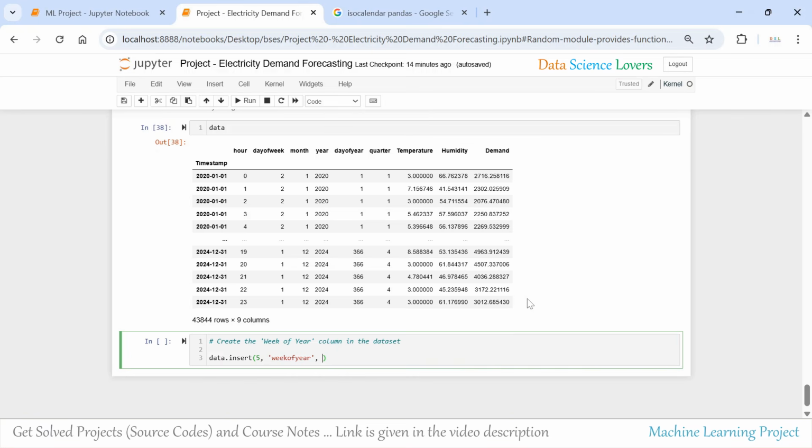For this we have to use a special function which is isocalendar to extract the week from this timestamp column. So we will consider this timestamp column our data. This is our index as you know of the data frame, so we have to consider the index of this data frame. And now isocalendar